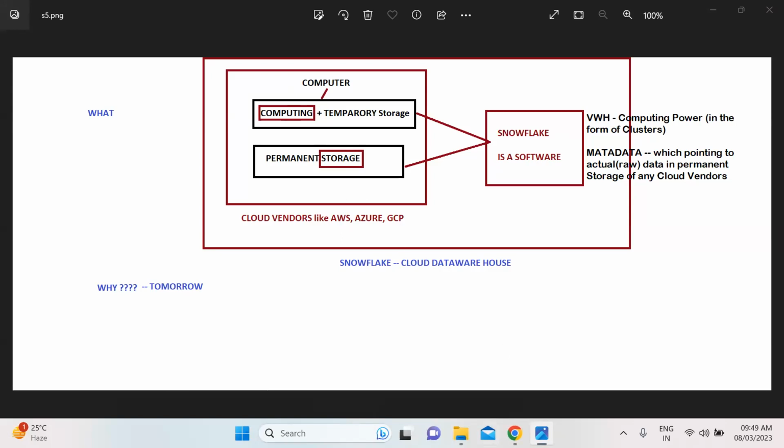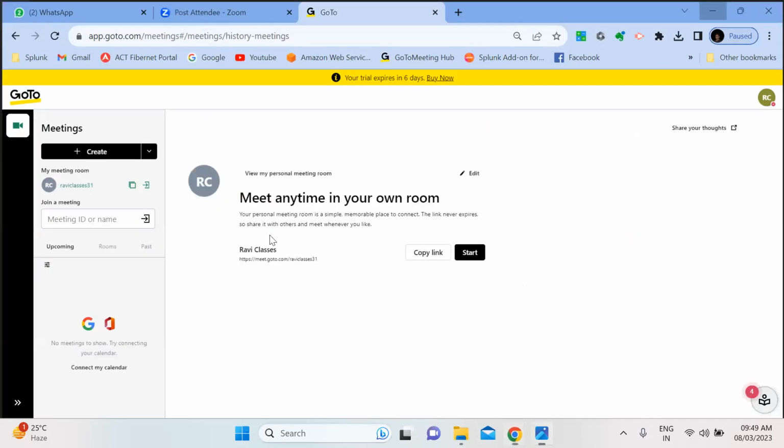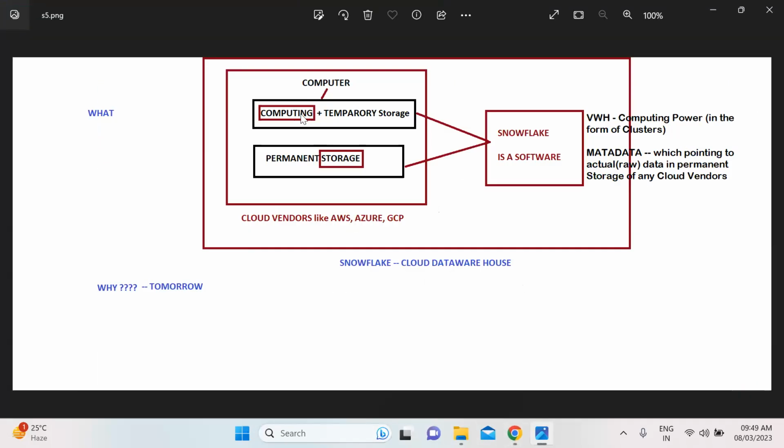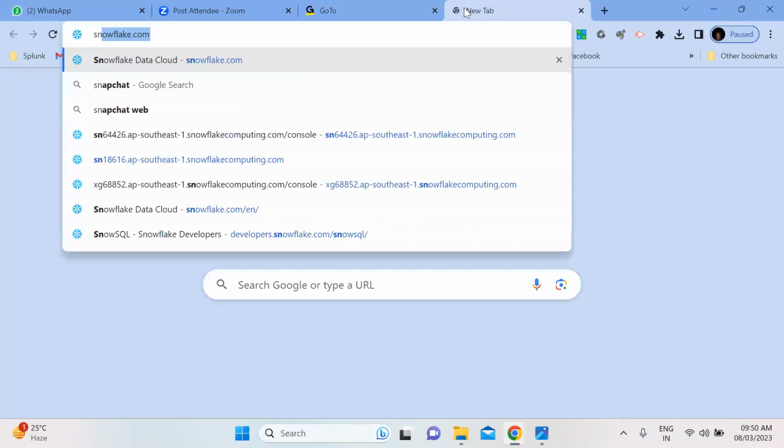any cloud vendors. Let's see how it works. Nothing will be taken care of by you, sir. You don't take any accounts like that. If you take the Snowflake account, Snowflake will deal with the AWS people, Azure people, or GCP people. See here, for example, go to snowflake.com